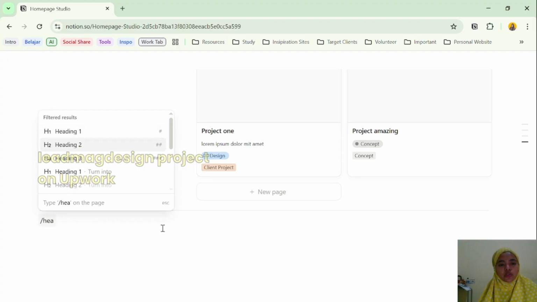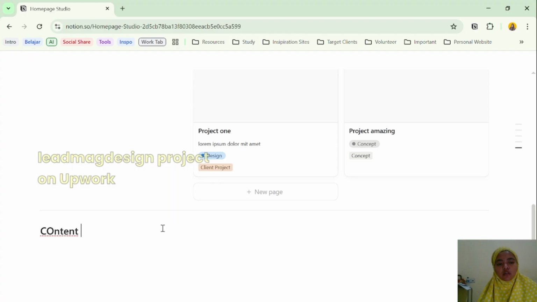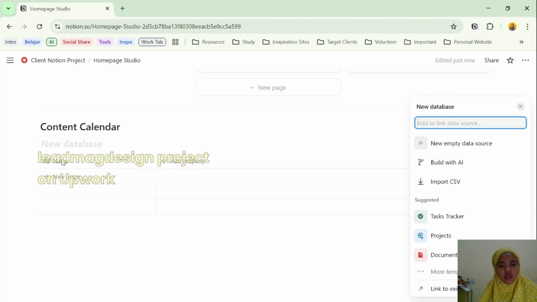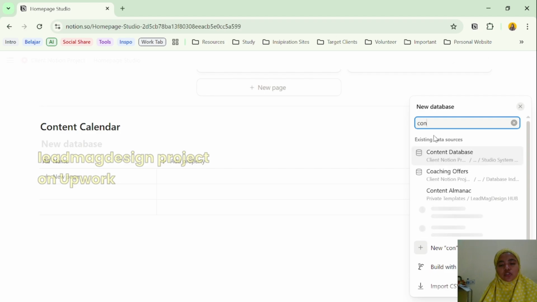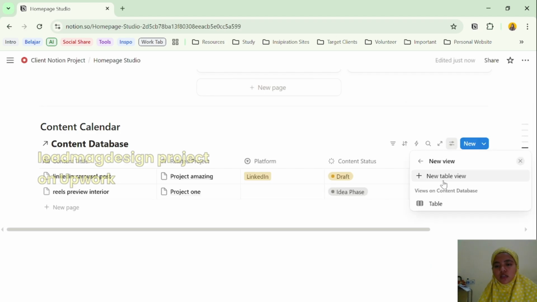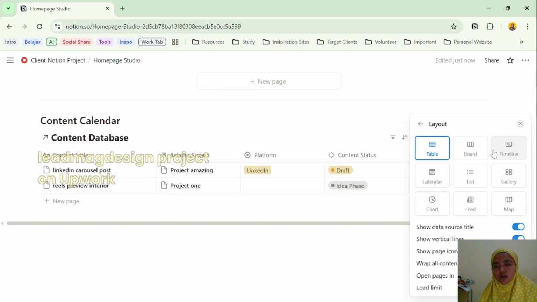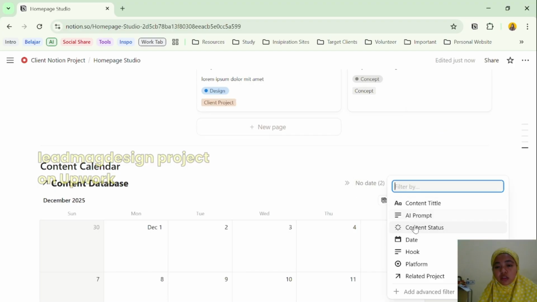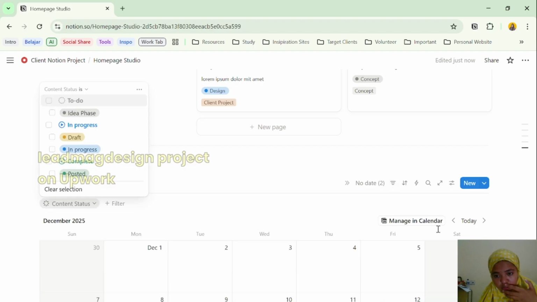Here I'm going to use heading 2 and then type down content calendar, and then choose database inline, and then choose content database, and I'm gonna create calendar layout from here, and then I think we need to add the content status,